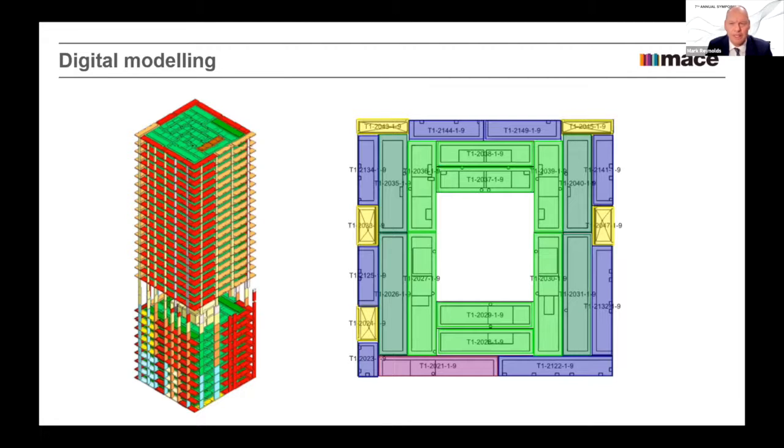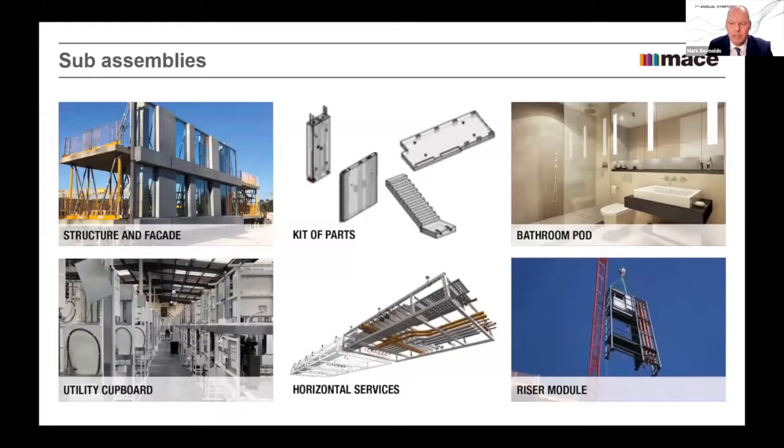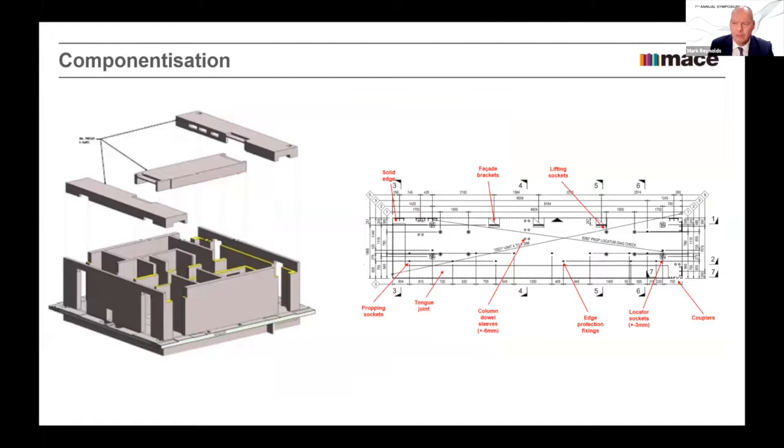This is a super slab, and let me tell you why it's a super slab. On these sub-assemblies, we can deliver the facade and the floor with 2 meter tolerance. Pretty impressive, that is, 2 meter tolerance. That gives us the ability to build a safe structure very quickly. And using a kit of parts approach around the columns, walls, service modules, utility cupboards, and bathroom pods, we can now deliver, we can make off-site